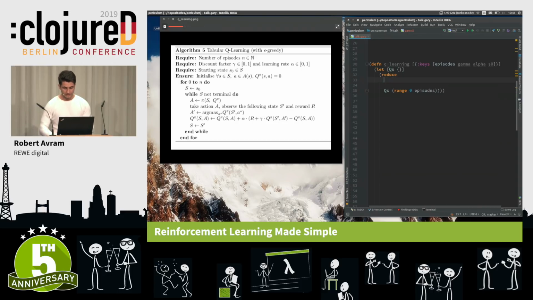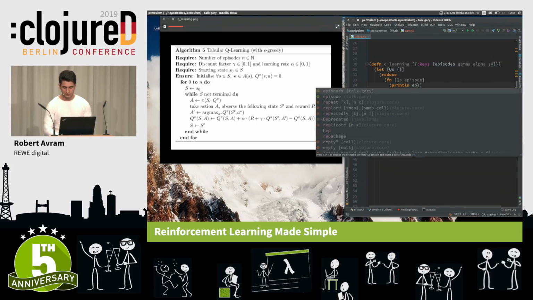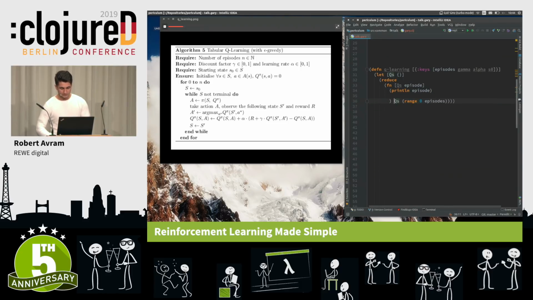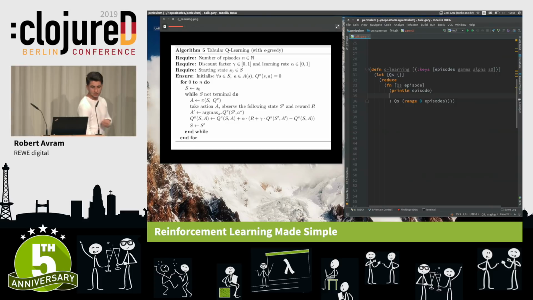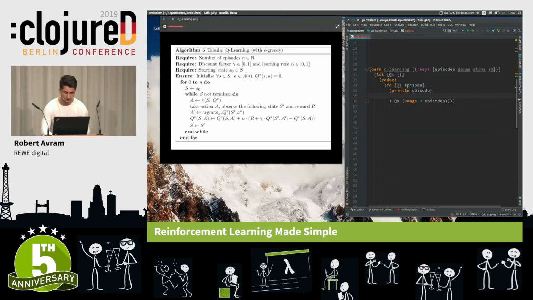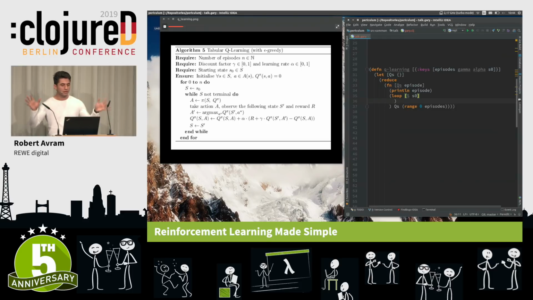And with each iteration that happens, I can then apply the algorithm. So on the left side, I'll have my new Q values. On the right side, I'll have my episode. Just for the sake of argument, just println the episode. And let's see what the algorithm says to do. It says, initialize some state S with my initial state, and while S is not terminal, do something. Now, this seems oddly like a loop. So let's define a loop called S with my S0, and then while S is not terminal, do.